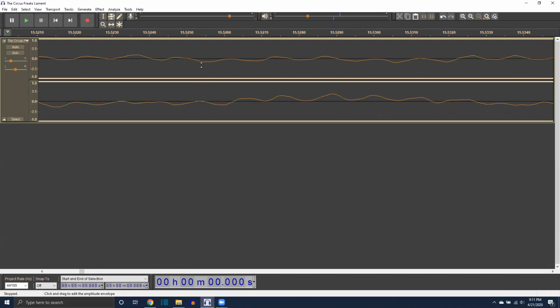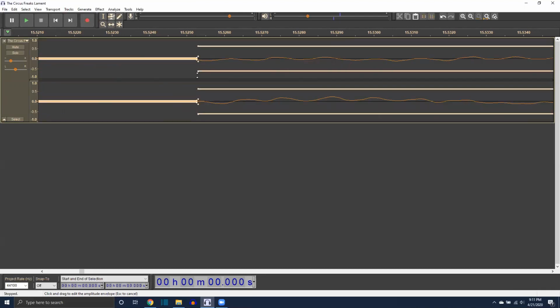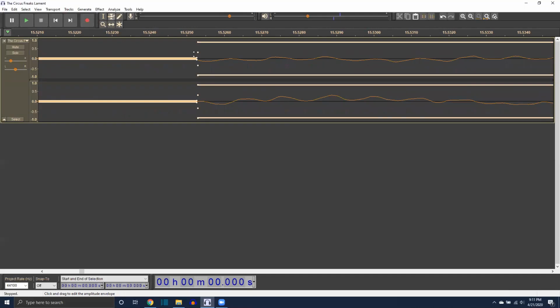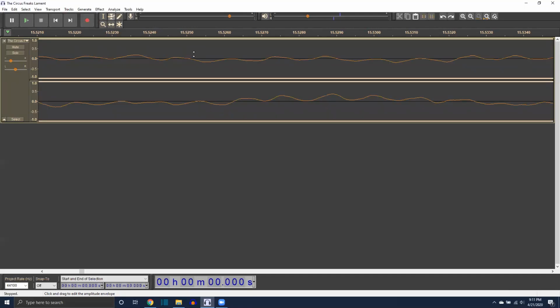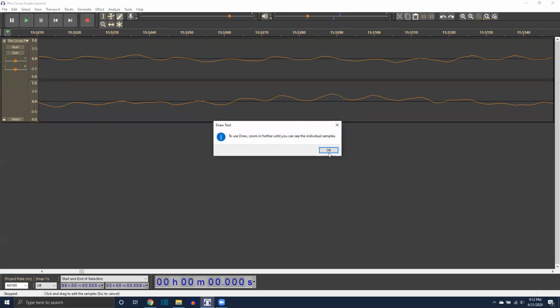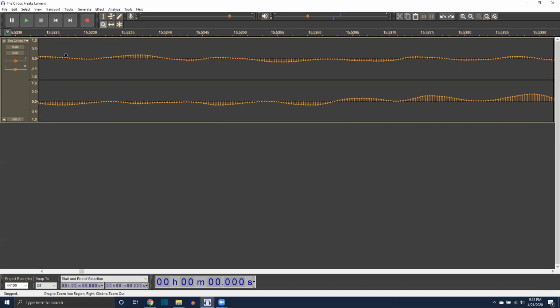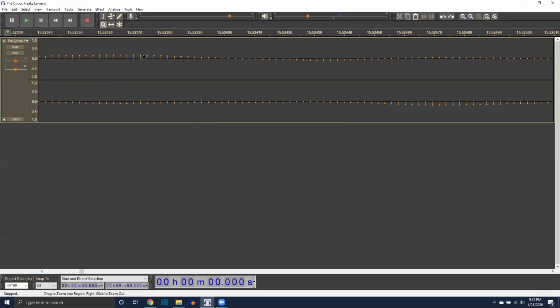Switch over to a different tool here, and you'll see, I made a very poor selection there. Control Z undoes everything wonderfully. Need to zoom in even further. There we go. Once you get all the way on the waveform, you can actually see the very individual moments of the audio, and you're going to be able to adjust those,